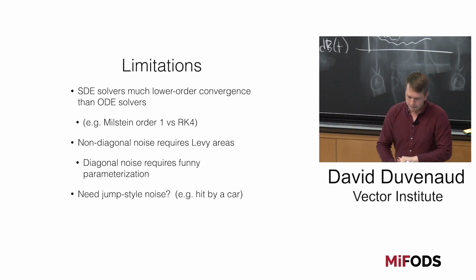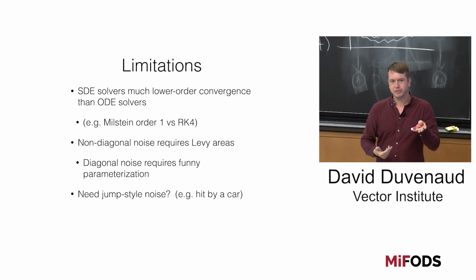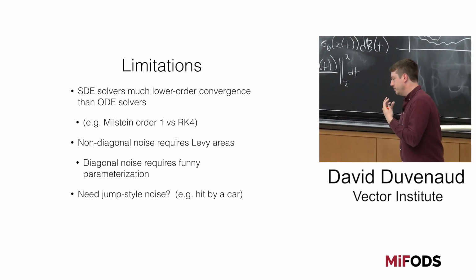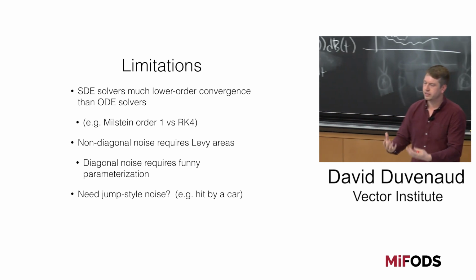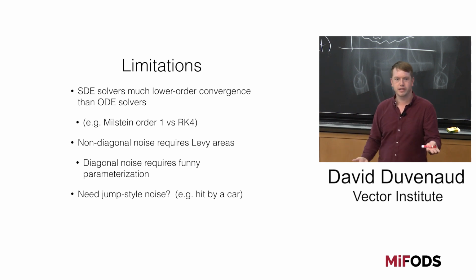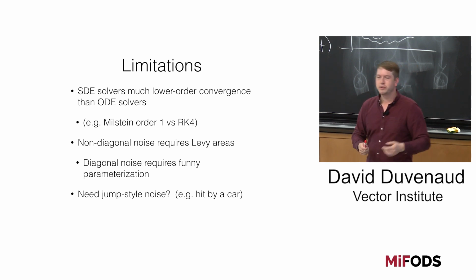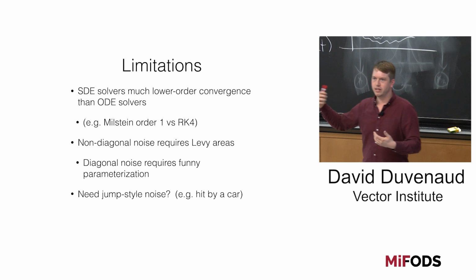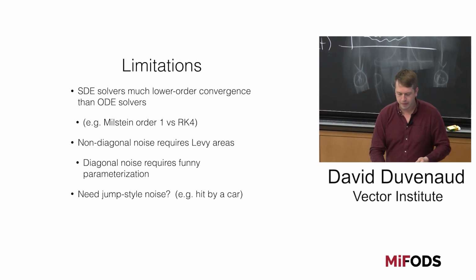And in general, Chris knows more about this than I do, but the convergence order of SDEs scales much worse with the number of function evaluations that you need to do in general. Would you say that's fair? Yeah. So we're always going to find it slower to solve SDEs, asymptotically, than ODEs.